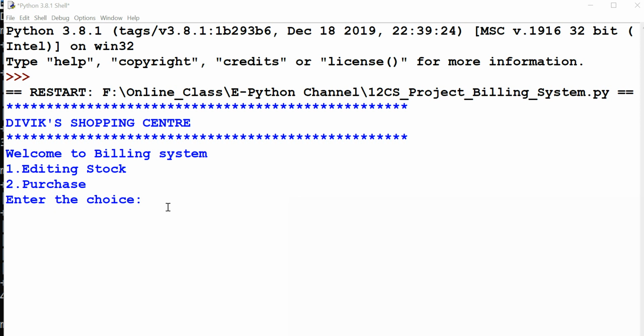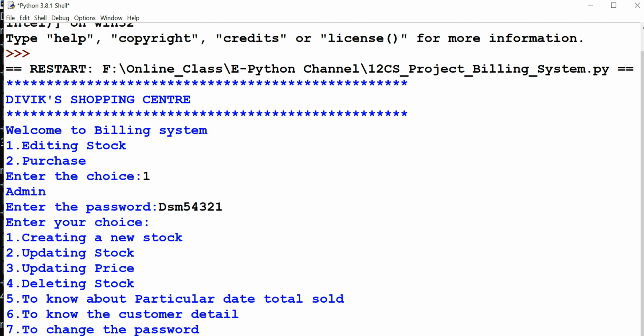In editing the stock, I am going to explain some other features also. So now I am going to press the choice 1. It will ask for the password, so I am going to enter the password. Already I told you the password. Now it is visible. Once it is converted into a standalone executable file, it is never going to display the password like this. Next it is asking the list of choices. Now I am going to update the price. Due to the lockdown, 1 kg of rice is increased from 50 to 52.